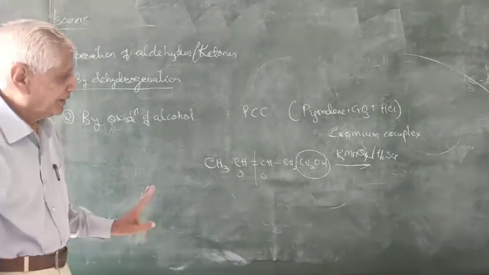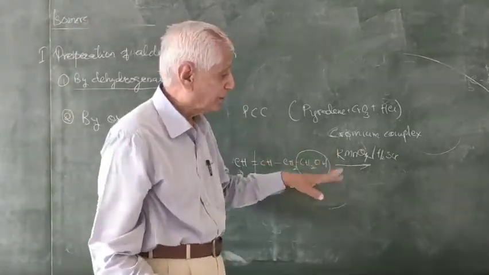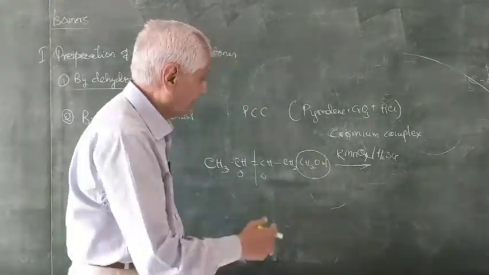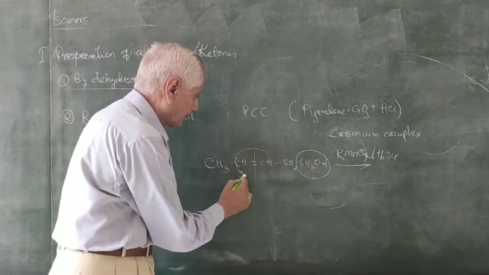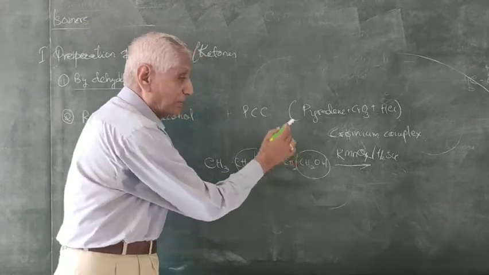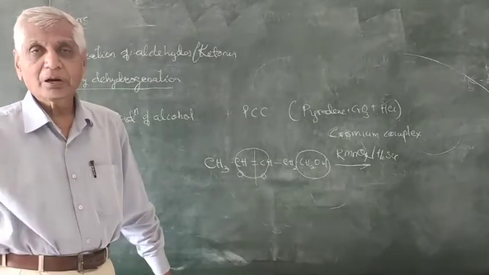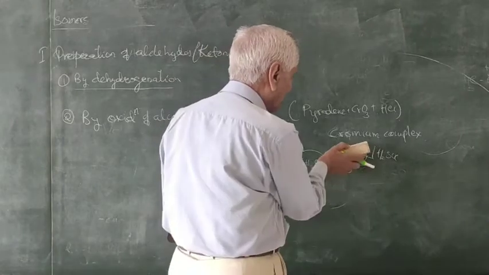Therefore, you cannot make use of a strong oxidizing agent like potassium permanganate and sulfuric acid. If this is used, the reaction will take place at the double bond and also at the primary alcohol. You are not getting the required aldehyde. But if you carry out the reaction with PCC,